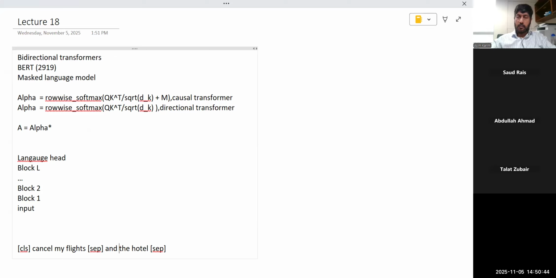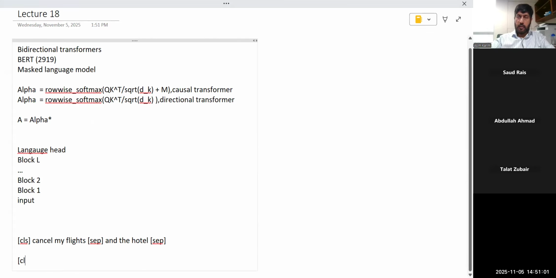So in other words, let's say जो हमने ट्रेनिंग डेटा में दिया तो इसका CLS टोकन के आगे जो आउटपुट लेंगे वो हम yes लेंगे. So the second sentence is a true follow-up to the first sentence. ठीक है. So let's say मेरे पास कोई और इनपुट होती है इस तरह की, जैसे CLS cancel my flights, SEP